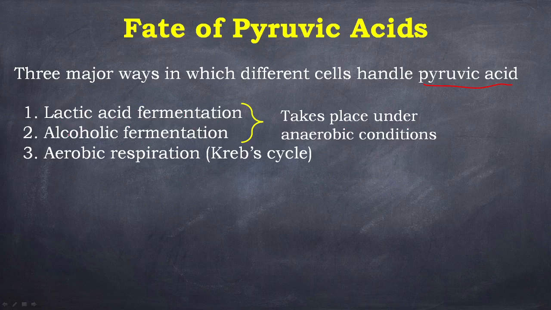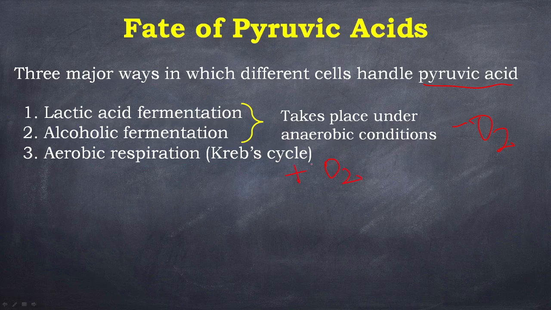Lactic acid fermentation and alcohol fermentation, these types of fermentation or chemical reactions, take place in anaerobic conditions. Whereas aerobic respiration happens in the presence of oxygen. Right? Anaerobic condition is in the absence of oxygen. Oxygen is present in aerobic respiration. So aerobic respiration